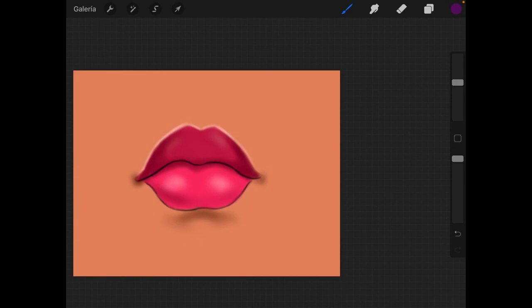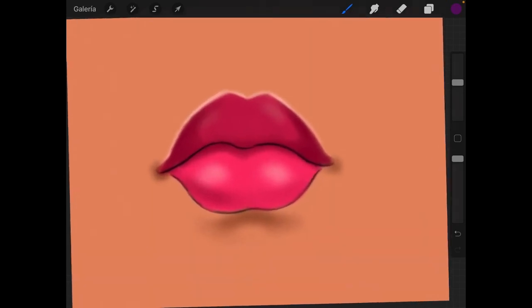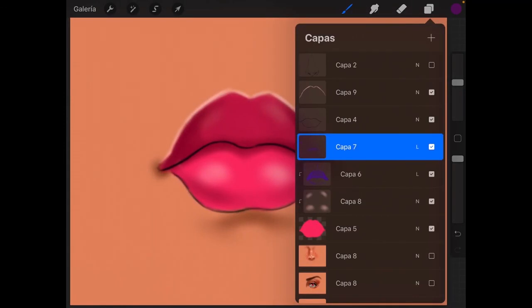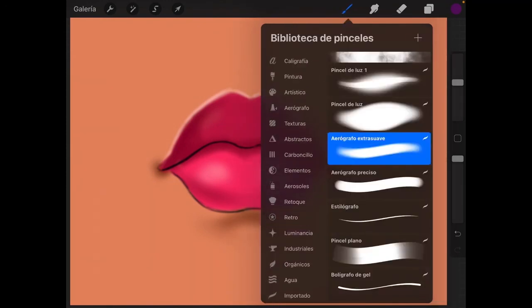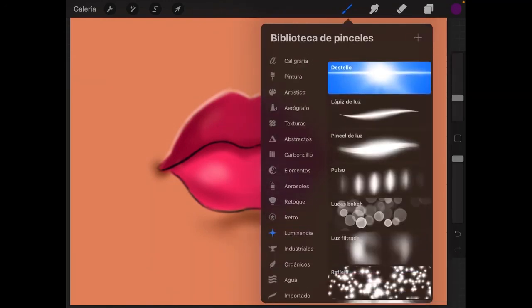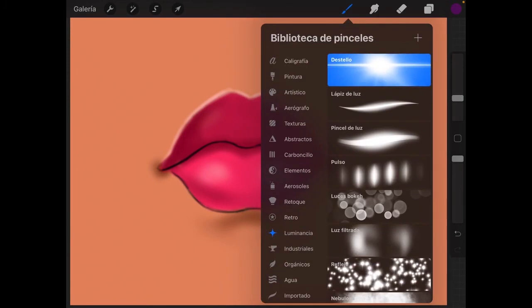Now a brush that is coming by default in Procreate in this category, this one in here, is this light brush. So I'm gonna take it